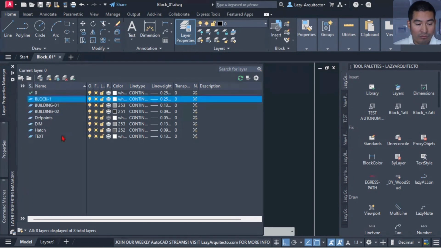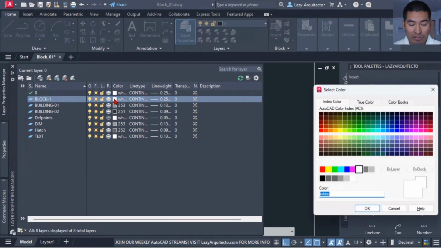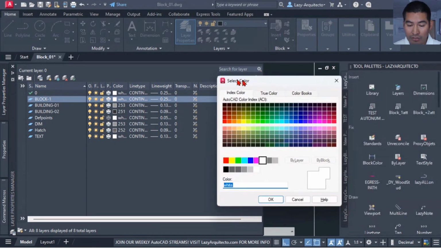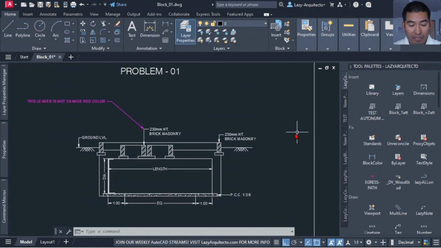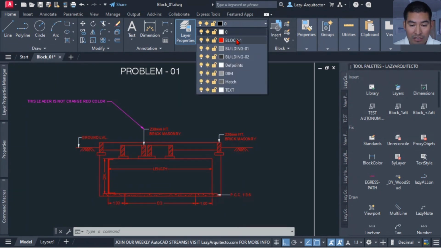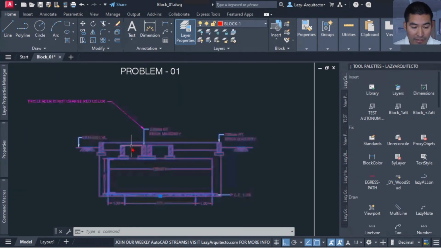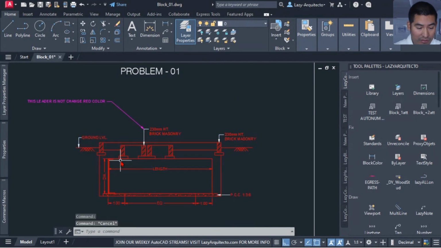Let's say if this would be kitchen equipment, I would create a kitchen equipment layer. But since all I know is block 1, that's what I'm gonna do, and simply change the color to red, and click OK. And then I will, of course, set that layer to my block,